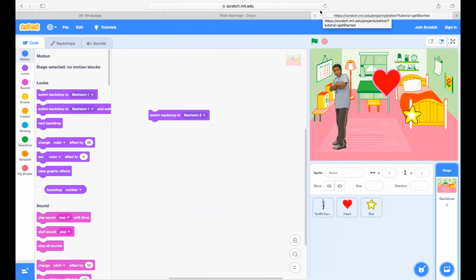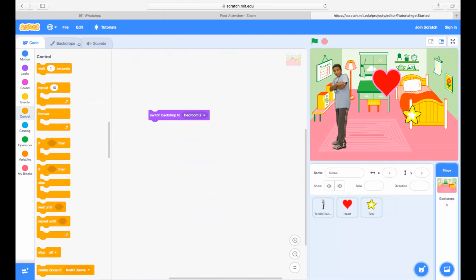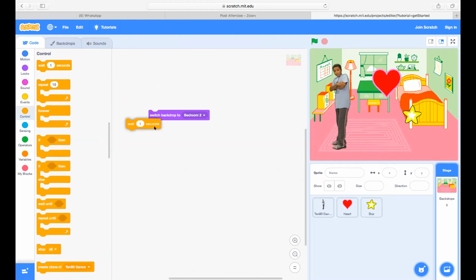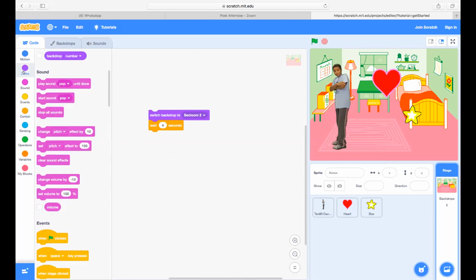Correct, yes. Now after this, Yan, do a wait. Go to control. Do a wait for 4 seconds. Okay, attach it. Then do a switch backdrop again. Go to looks.